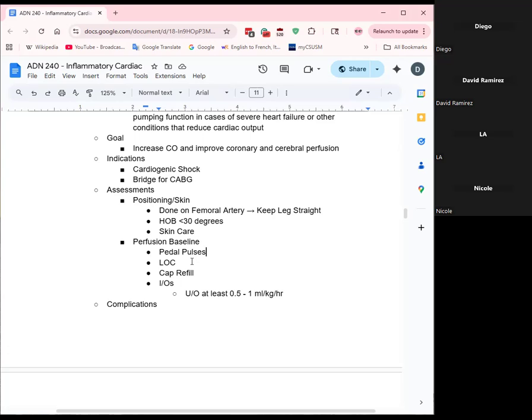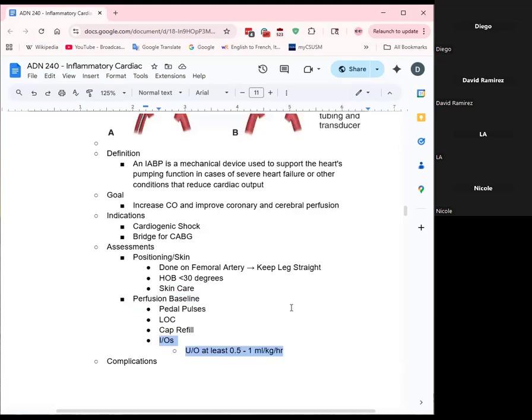You're going to make sure that both legs are the same temperature. They're going to get equal cap refills. One of them is not bigger than the other. The color, the temperature, as well as the eyes and nose, because this one is important because if you take a look at, well, obviously